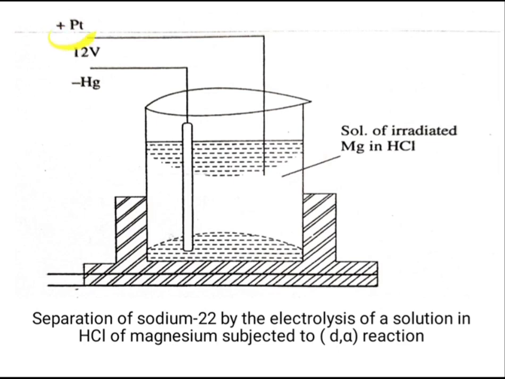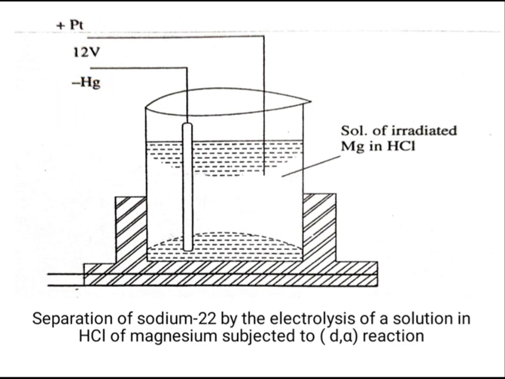Here is a positive electrode and here is a negative electrode, and the potential difference between the two electrodes is 12 volt. This 12 volt potential difference is between the platinum anode and the revolving mercury